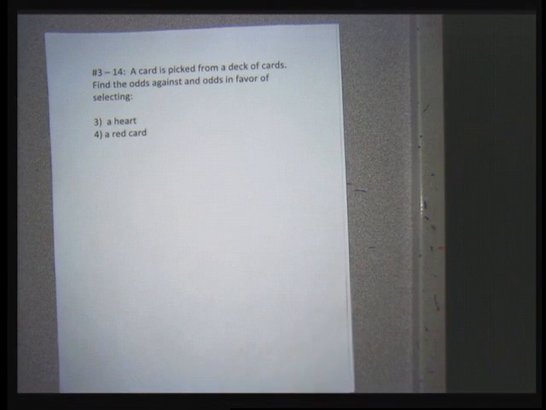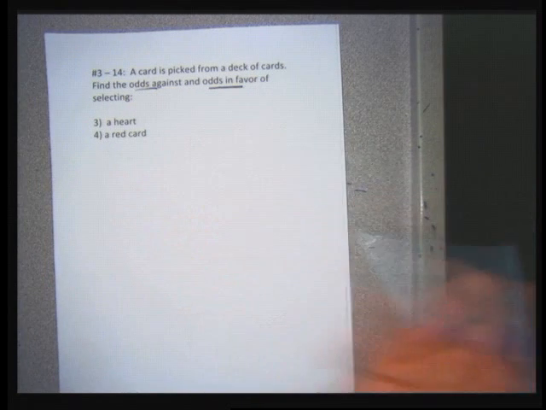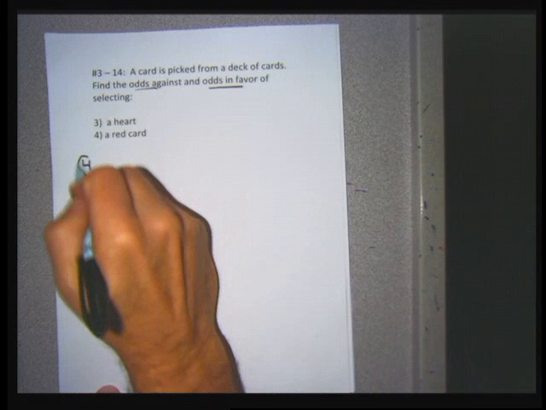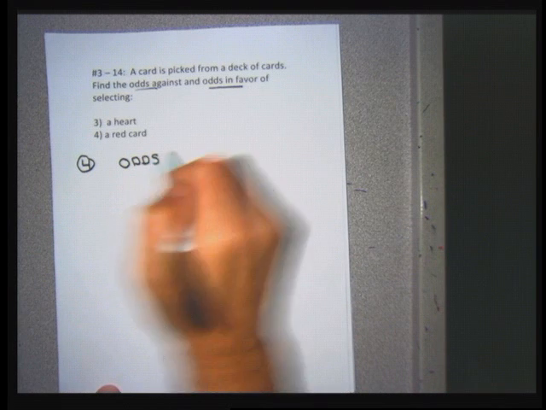Okay, I'll keep trudging along here, and now we're in cards questions. So in cards questions, we need to understand a deck of cards really well. I'm asked to do both the odds against and the odds in favor. Once I have one, I'll get the other one. So for number 4, I'm going to need to do first the odds against